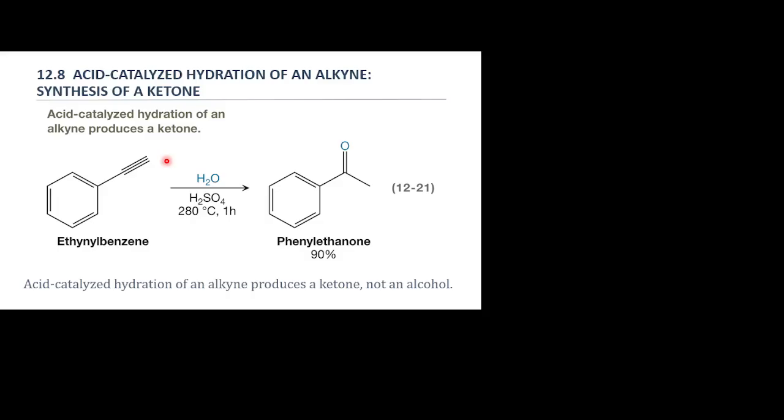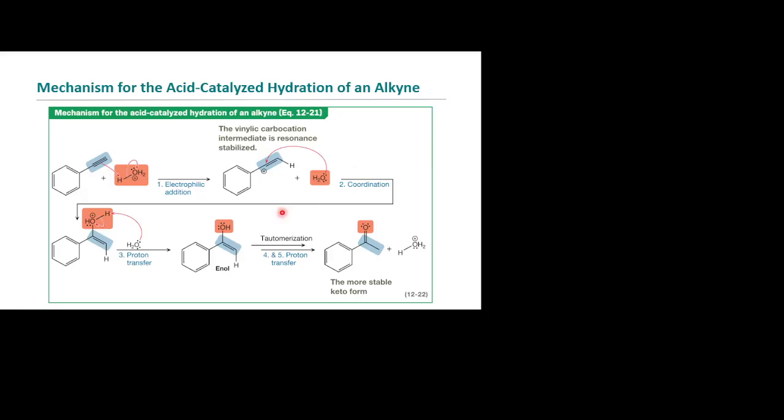Okay, so this right here is going to be an acid catalyzed hydration of an alkyne. This is going to produce a ketone in this case, and this is kind of an interesting portion of this, because you may have gone, oh, shouldn't I get a di-alcohol? Because that would be like the dihalide, right? But you've got to remember, there's going to be part of that reaction where we're going to have a unique, interesting resonance structure. Okay? And you'll recognize it in just a minute. So again, this is going to be acid catalyzed with water, and then we're going to get a ketone at 90%.